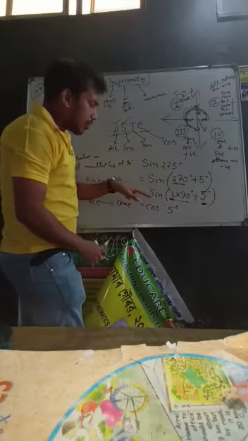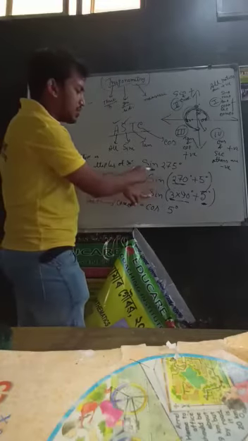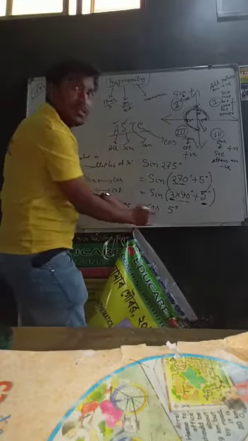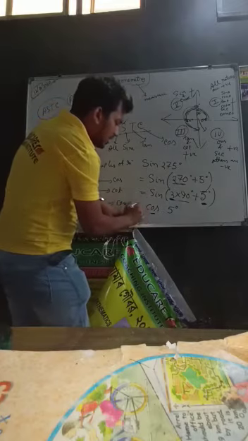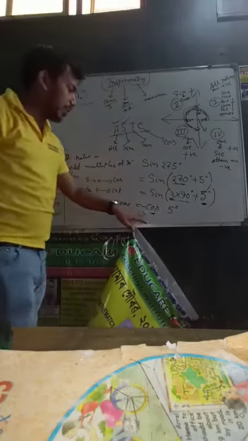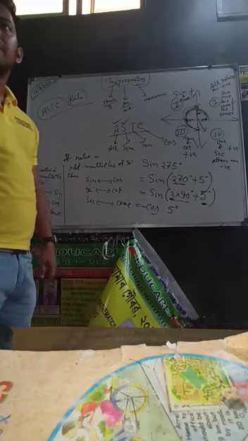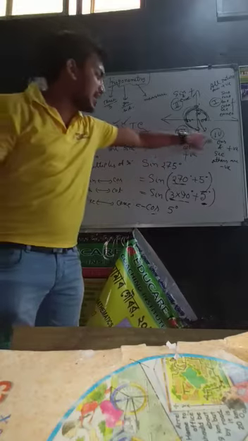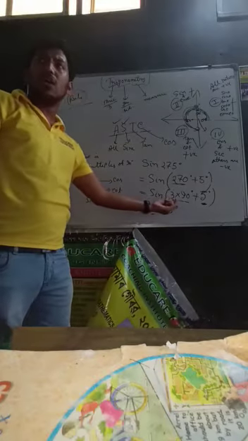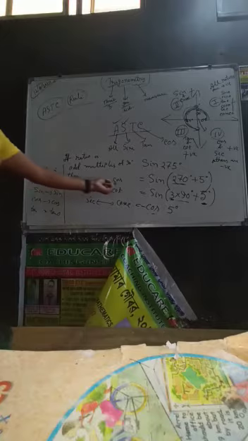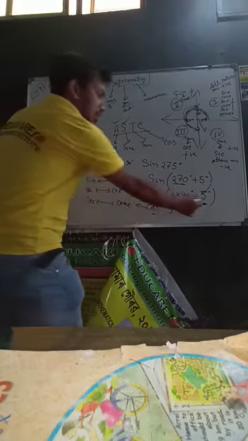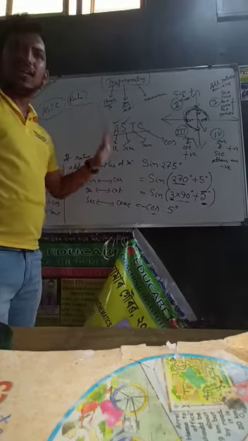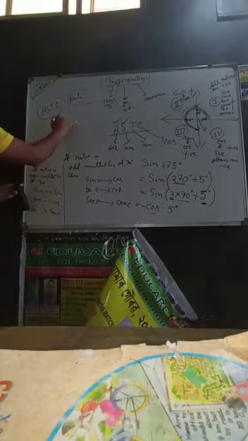That's why, according to this, the main ratio will determine its sign. So this is negative, cos 5 means minus cos 5. Okay, because it is in the fourth quadrant. In the fourth quadrant sine is negative, that's why negative. And if an odd multiple comes, then sine will be replaced by cos. Theta remains the same. That is the method. Clear?